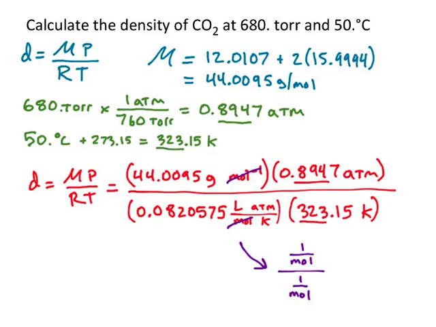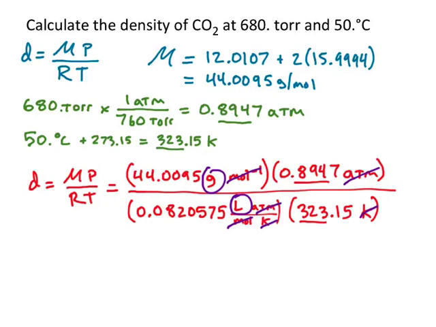The moles cancel out because on the top, moles to the -1 is the same thing as 1 over moles, and on the bottom, you have moles in the denominator of the units of the ideal gas law constant. So you basically have 1 over moles divided by 1 over moles. That cancels out. Brilliant. The atmospheres cancel, the Kelvins cancel, so we're left with just grams over liters,